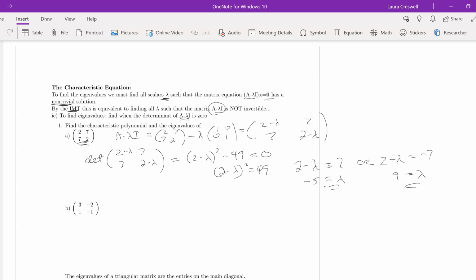All right, so here I have another matrix. I want to find A minus lambda I first. That's going to be 3 minus lambda, negative 2, 1, negative 1 minus lambda. So I'm finding the determinant of this. The determinant of A minus lambda I will equal (3 minus lambda)(negative 1 minus lambda) plus a 2, right? Subtract a negative 2, setting this equal to 0. So this you must multiply out. It's been a while since you've done algebra, right? So if I multiply this out,